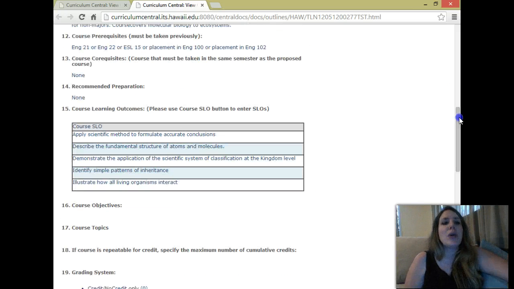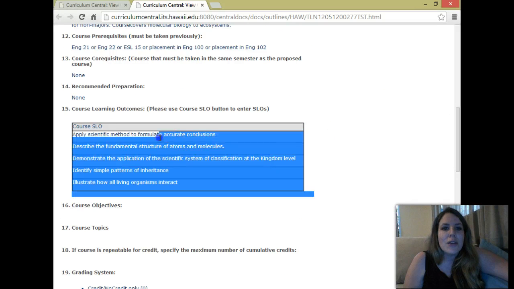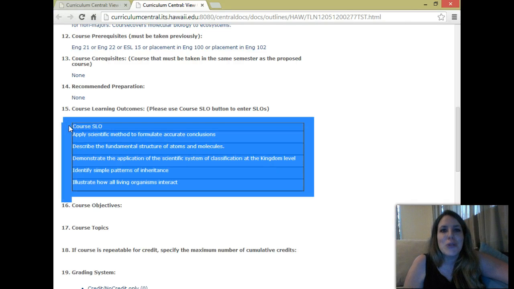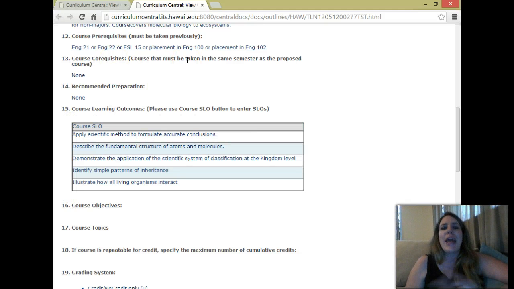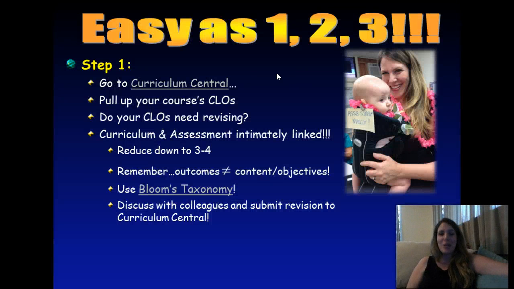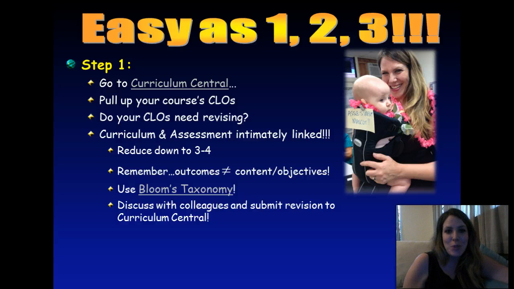So what I want you to do is, if you just select over these, and if you're using a PC, you would hit Control and hold it down and hit C for copy, and then paste it into the course learning outcome form that you've been provided. And that way you have it just there. You can have a quick look at it, and then it's also easy to revise it right there on the computer. So just copy this, paste it into a Word format, and that way it's easy to work on. Okay, so that's how to get your course learning outcomes from Curriculum Central.